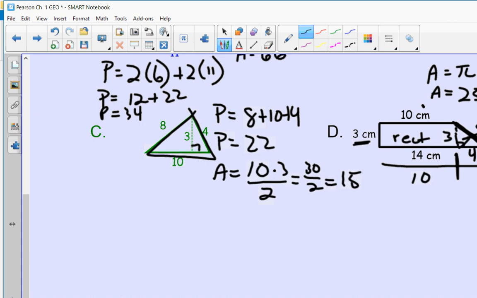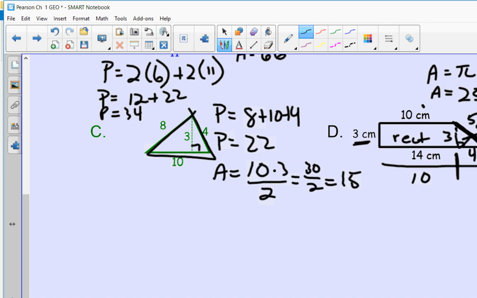C squared, I get 25 when I add those two. And remember, that really says C times C, if you remember your exponents. I want to get just C by itself. So if I take the square root of both sides, I get that little piece up here is 5. Okay. So what that's doing is helping me get